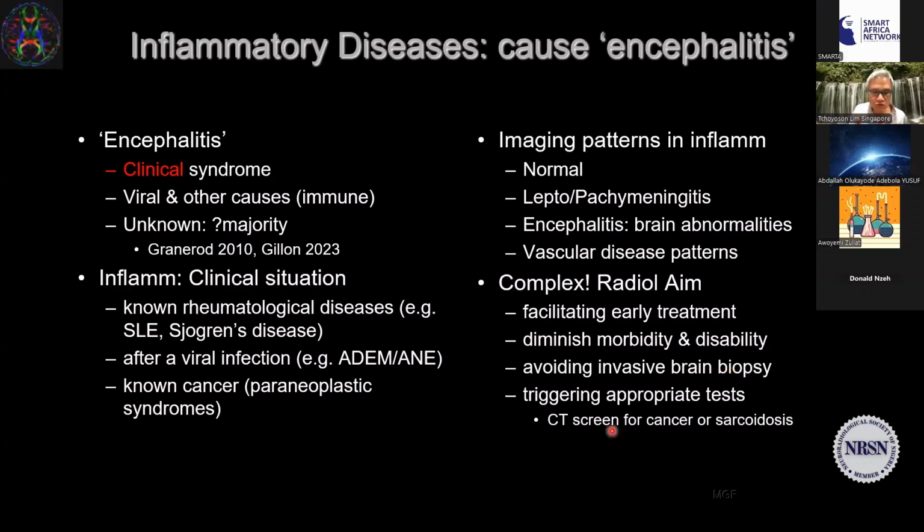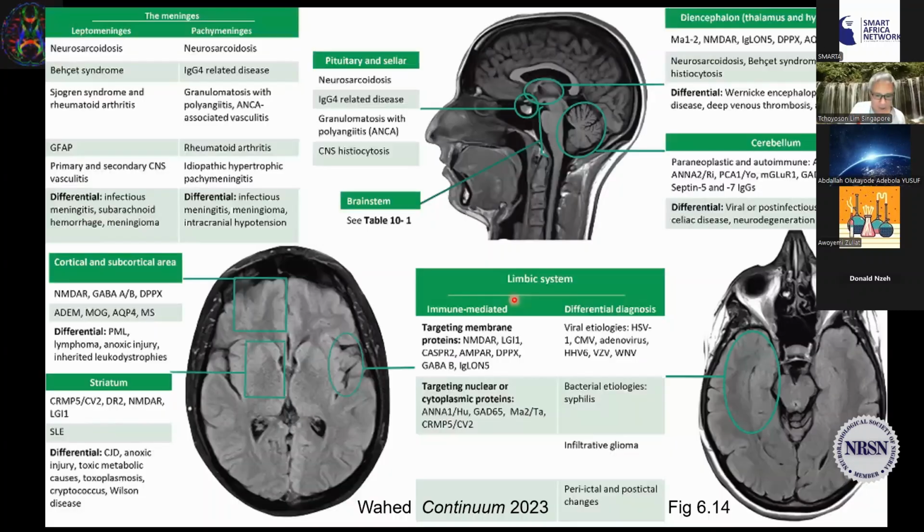We can also trigger appropriate tests, particularly if we recognize a paraneoplastic syndrome, to trigger a CT scan screen for cancer in the remote areas. Or if we make a diagnosis of, say, neurosarcoidosis, we can trigger a CT chest to look for sarcoidosis in the chest. So in this journal called Continuum in 2023, there is a very helpful